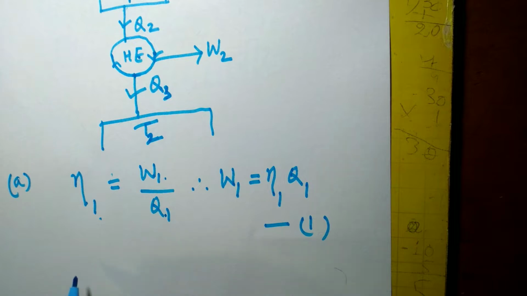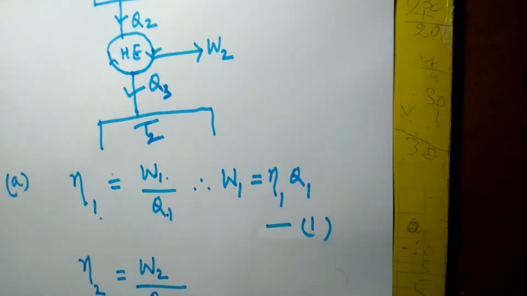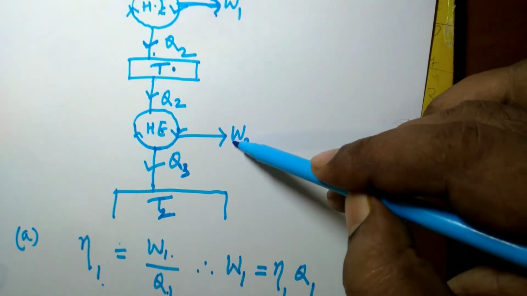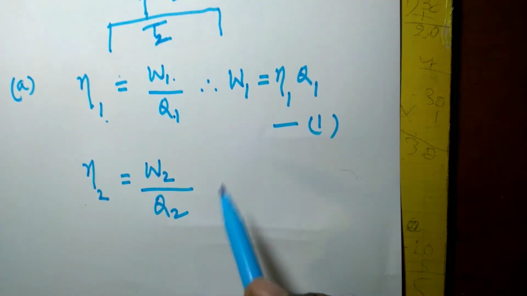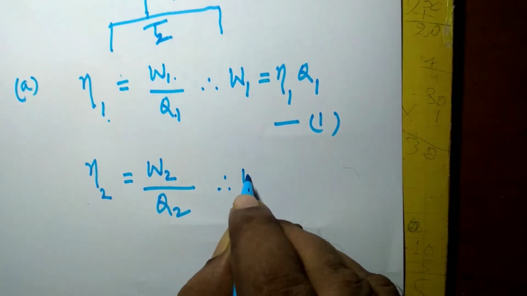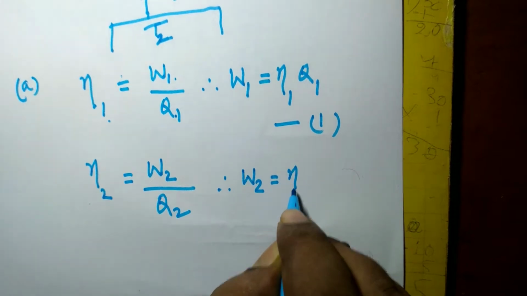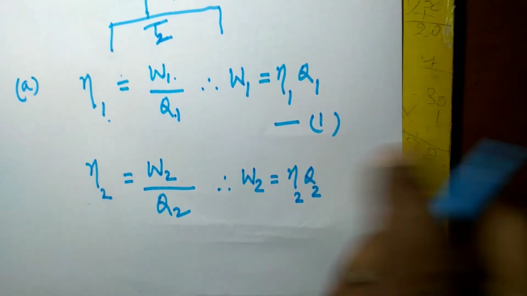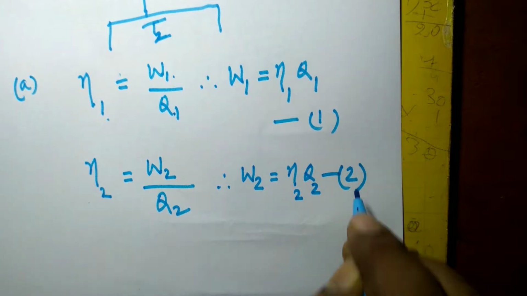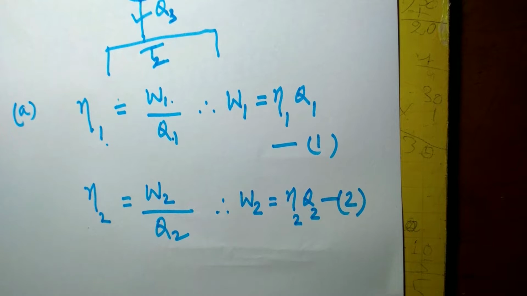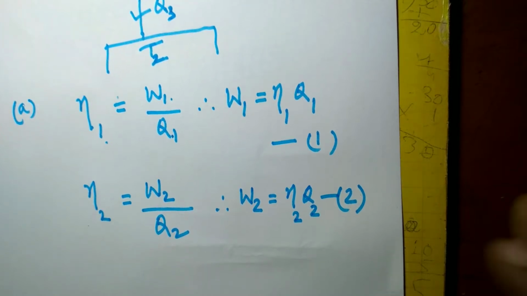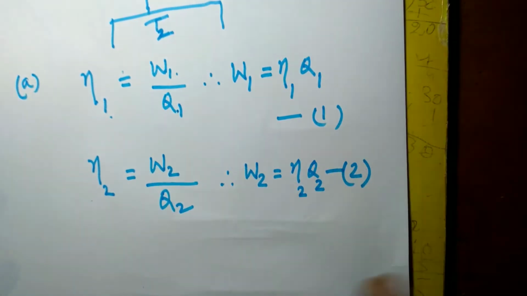And for the second engine, the efficiency is net work output by heat input. For the second engine, net work output is W2 and heat input is Q2. So efficiency of the second engine is W2 divided by Q2. From that, this second equation is true. Since in the first case it is given that the work output of both these two engines in series is the same,